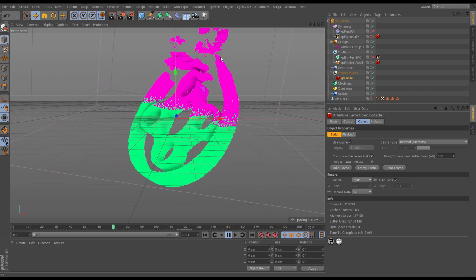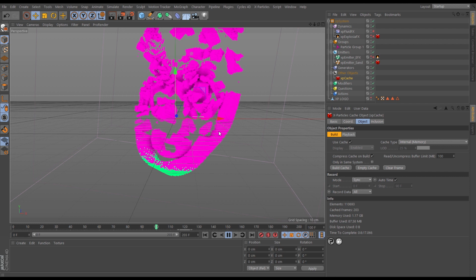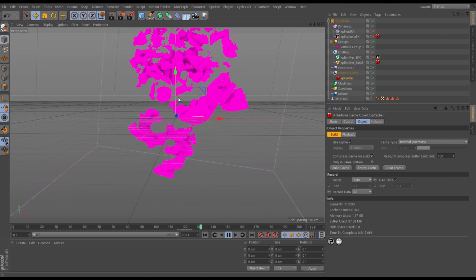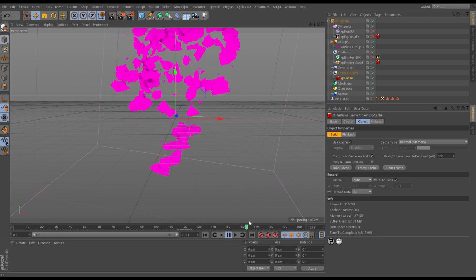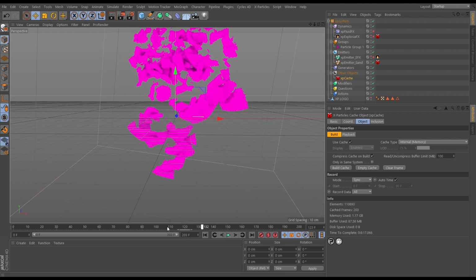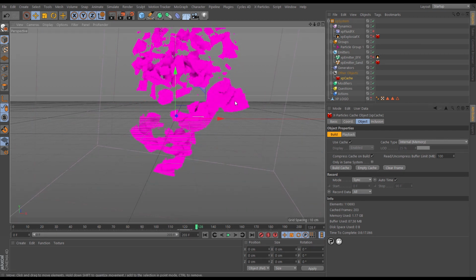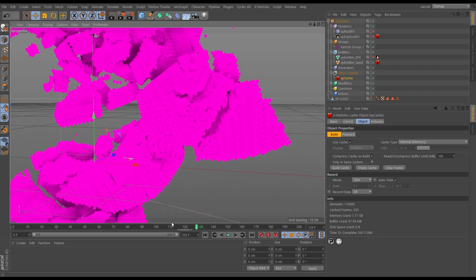So we're getting some really nice small and big chunks. That's what you want, really. And it's looking really nice. And we're getting nice interaction between the various different chunks as well. This one breaking off here is nice. So that's looking good. And the beauty of caching it, obviously, is we can scrub. And that means, should we wish, if we wanted to come in closer to this breaking clump here,